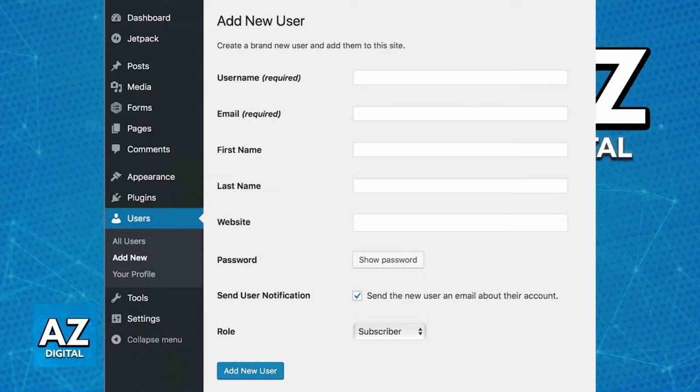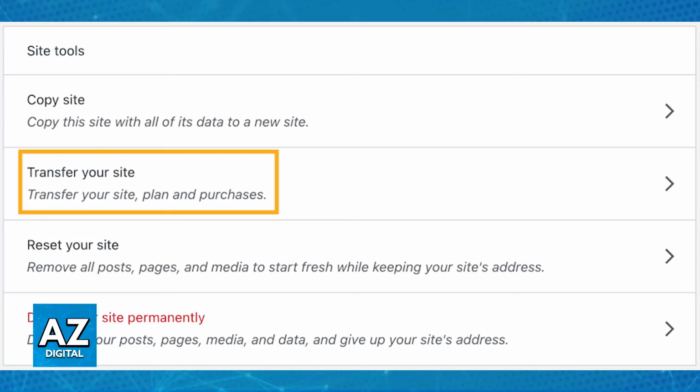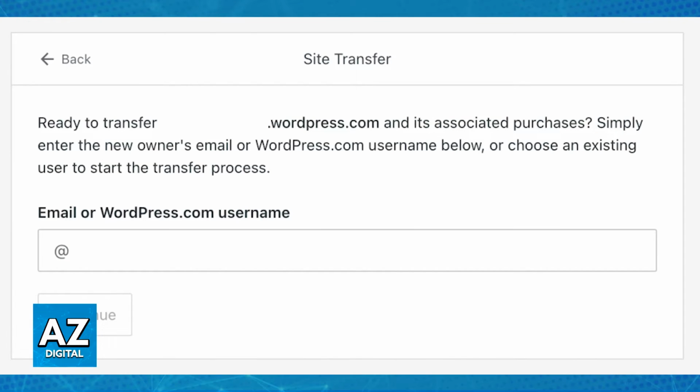Now, if you want to transfer the actual domain ownership, this is going to depend on your domain registrar. But for the most part, you will be able to do it on your current owner's dashboard. So visit the site dashboard, and in there scroll down to the Site Tools section, and one of the options under Site Tools is going to be Transfer Your Site. Immediately upon choosing this option, you will be able to type any email or WordPress.com username. If the new owner is not on WordPress yet, you will be able to send them an email, and WordPress will guide them through the sign up.